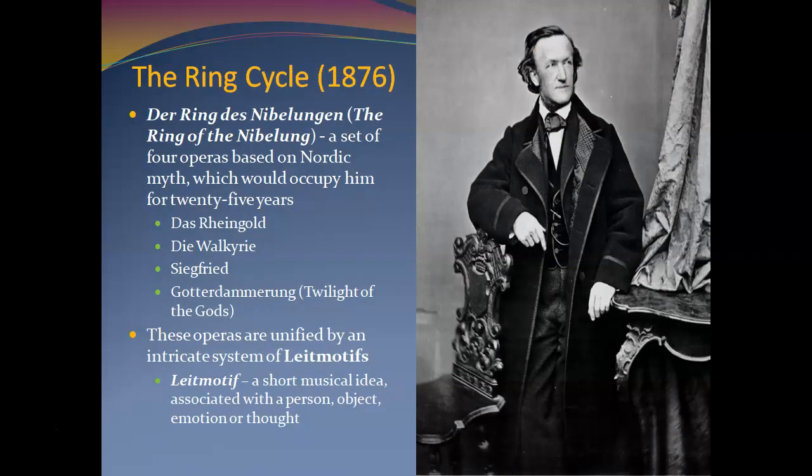The most important composition of all of his operas was this 4-opera cycle. It's a group of 4 operas based on German or Scandinavian myth, like Thor and Loki and all that, Ragnarok, that's all Scandinavian Germanic mythology. And he basically wrote 16 hours worth of opera, 4 operas of 4 hours each. And this opera focuses on a famous mythological legend from ancient Scandinavia, Germany.